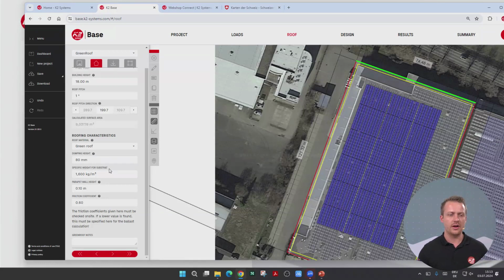Normally, we say for gravel, it's like 1,600 kilograms per cubic meter, right? And 900 kilograms per cubic meter for substrate. But that's just for the base planning, for the first planning. Normally, you need to measure it so that it's accurate and the system is also accurate, like